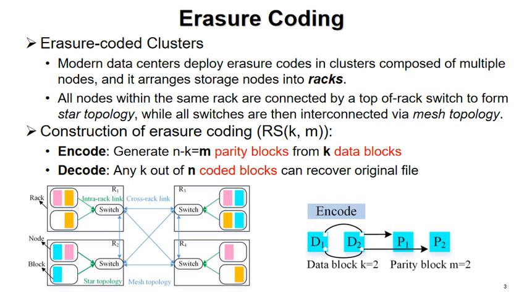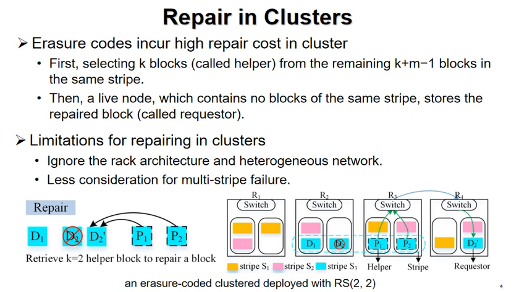For example, for k=2, m=2, we can partition a file into two blocks and encode them into four blocks. Once a block fails, we can repair the lost block by reading k reliable blocks and decoding. Although attractive in terms of reliability and storage overheads, Erasure-code incurs high repair costs in clusters. We remain focused on single block failures for each stride because it is the dominating case in practice.